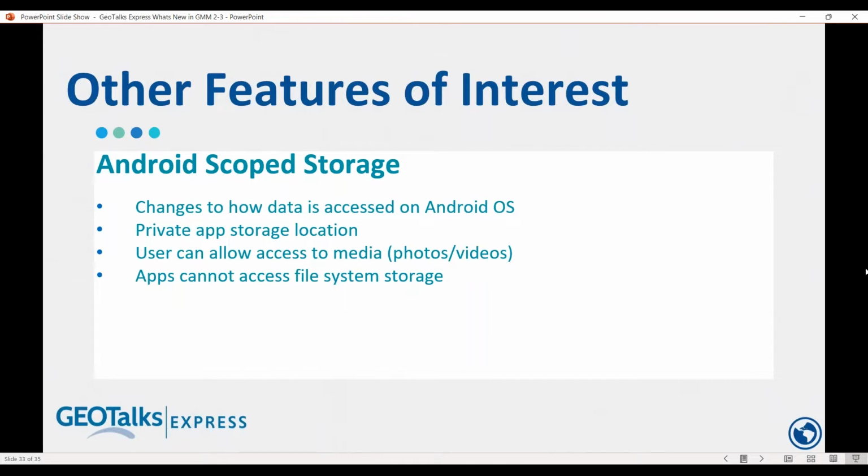I have seen a few questions come in here. Yeah, we had a couple good questions. People asking about sending data to and from Global Mapper Mobile. So in general, what you'll do is, you may prep your data in Global Mapper Desktop. There is then a variety of ways to send it to mobile. Within Global Mapper Desktop, there's the mobile data management tool that allows you to either export the file directly to your computer, and you can then email, Dropbox, Google Drive, however you want to get the file to your phone,